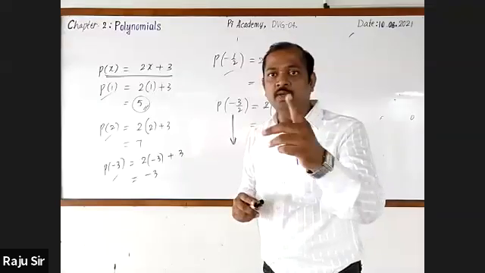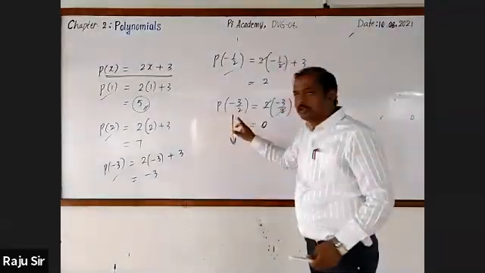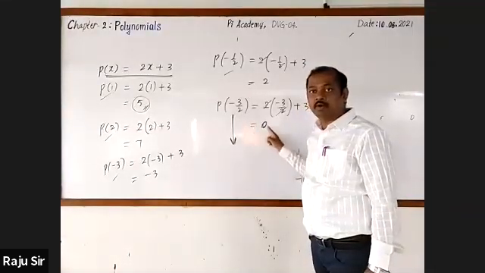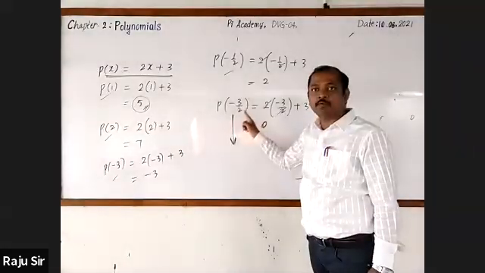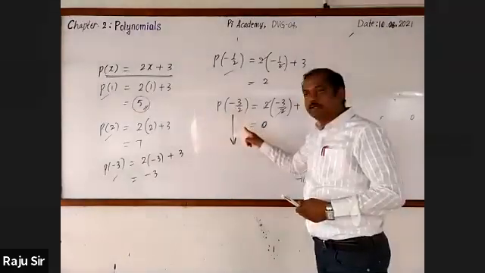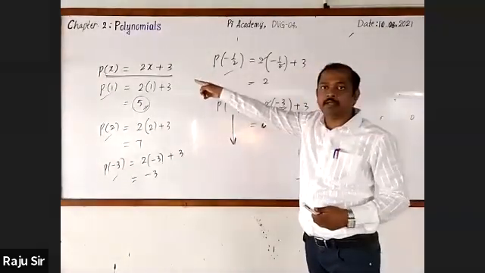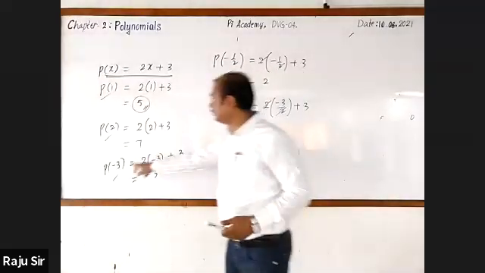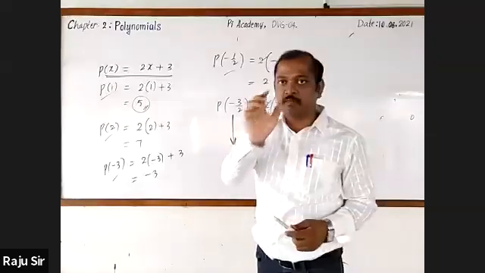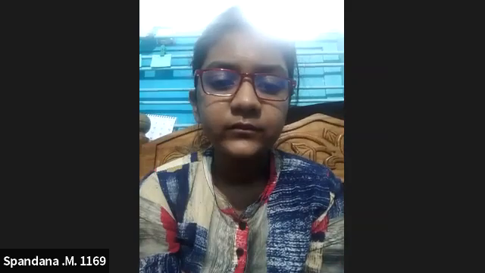Clear? Once more I repeat, the value of the variable which makes the value of the given polynomial 0 is called the zero of the polynomial, which you have already learnt in your previous class as well. Here, minus 3 by 2 is the zero of the given polynomial. Whereas minus 1 by 2, minus 3, 2 and 1 are not zeros. They are just the values of the given polynomial.